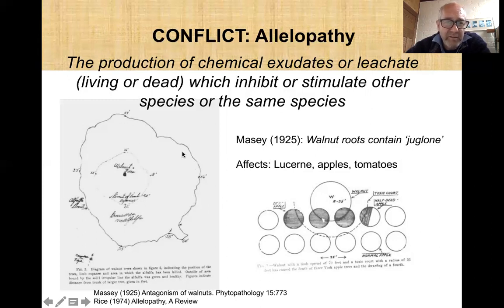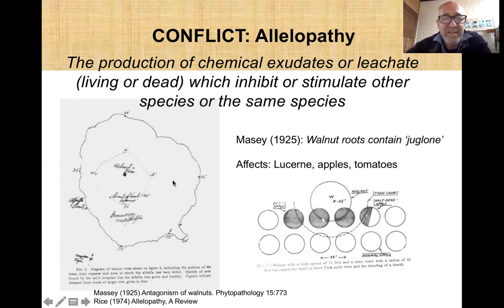And they discovered that this is where the roots of the tree expanded to. You can see a root coming out here. They also found that this is tomato plants in a research trial, plots close to a black walnut tree, and there were no tomato plants viable in that vicinity. And this led to this concept of allelopathy, which is a negative form of companion planting, really. And they found years later, I think it was in the 50s, that the walnut tree exudes a chemical from the roots, which was named juglone, based on juglans, the genus name,